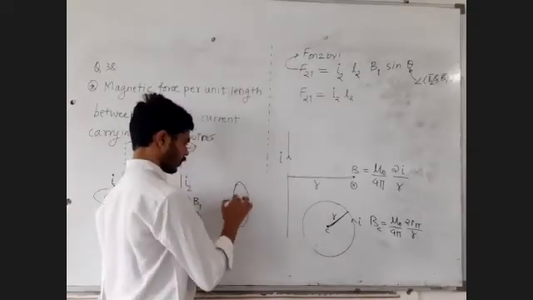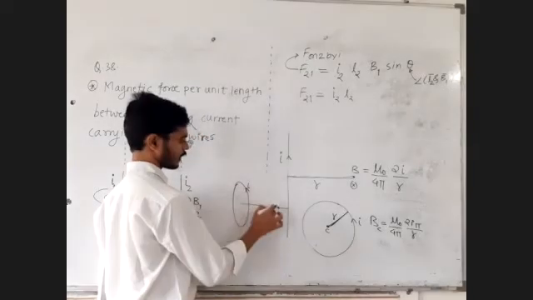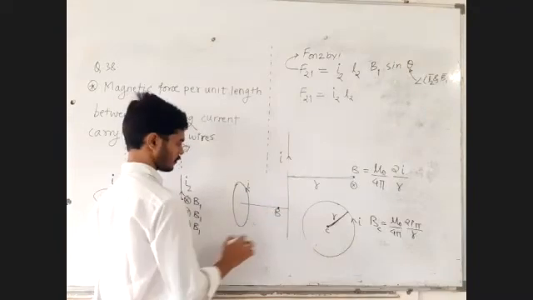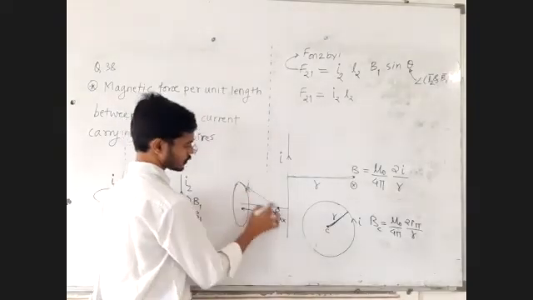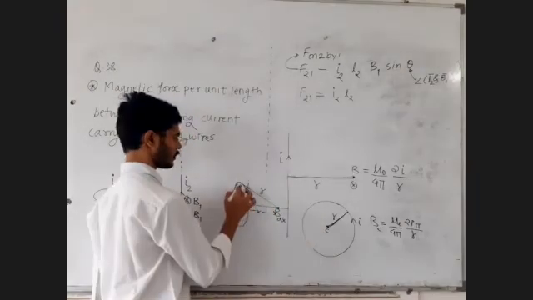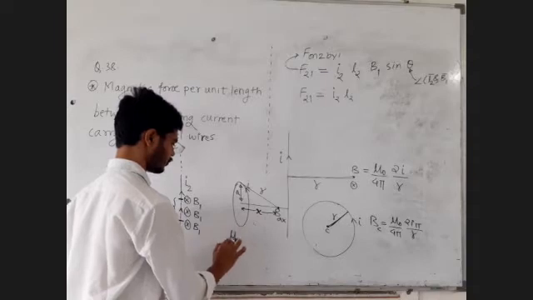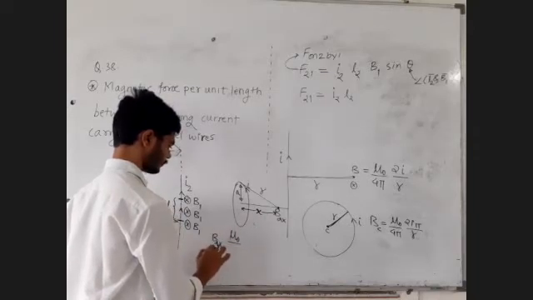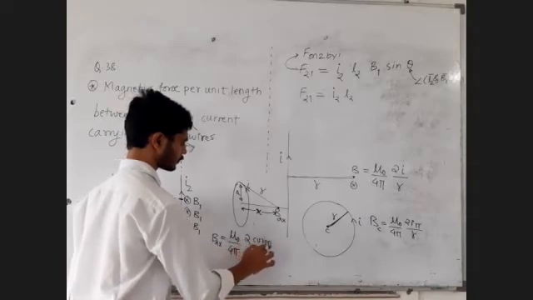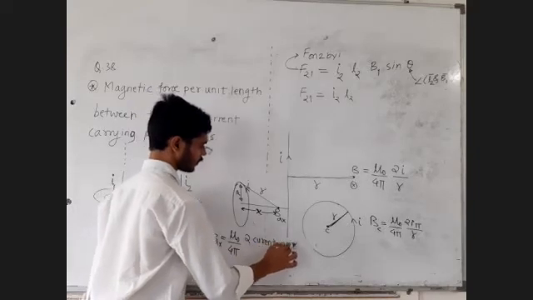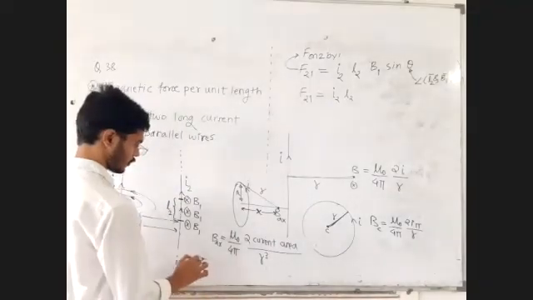If it is on the axis of a current carrying coil, what is the magnetic field at a point on the axis at distance x? Oblique distance small r, radius of the coil small a. Try to recall, it was very simple. μ0 upon 4 pi, axial: 2 times current into area upon r cube. So you can very easily reproduce this formula.